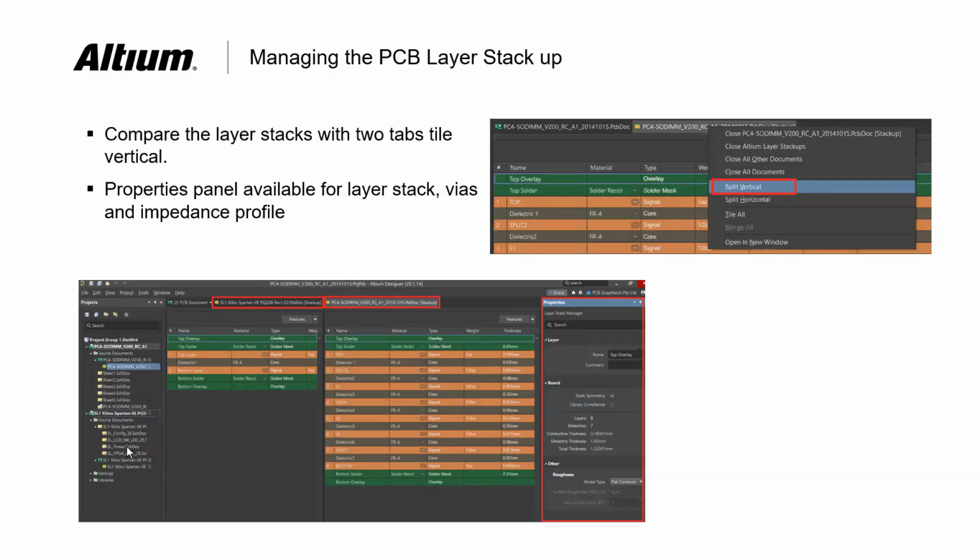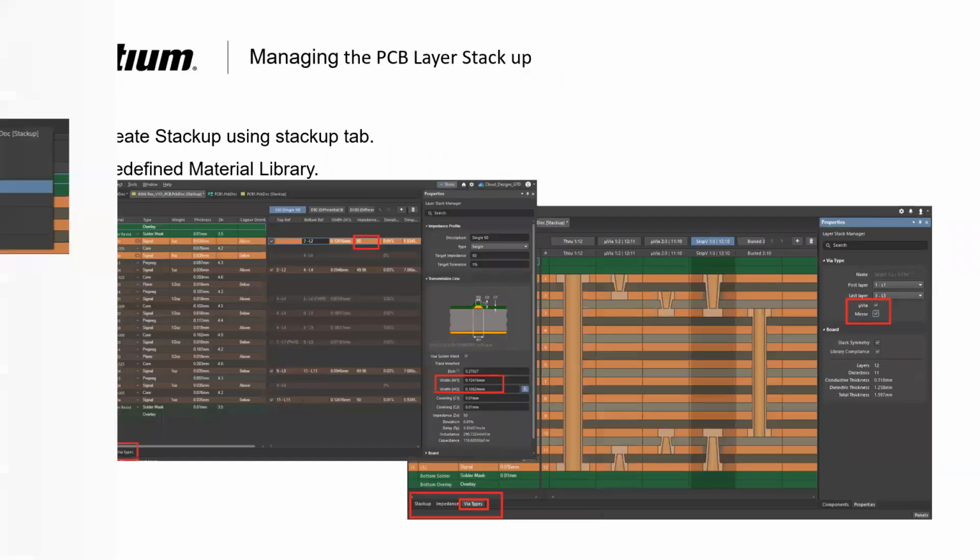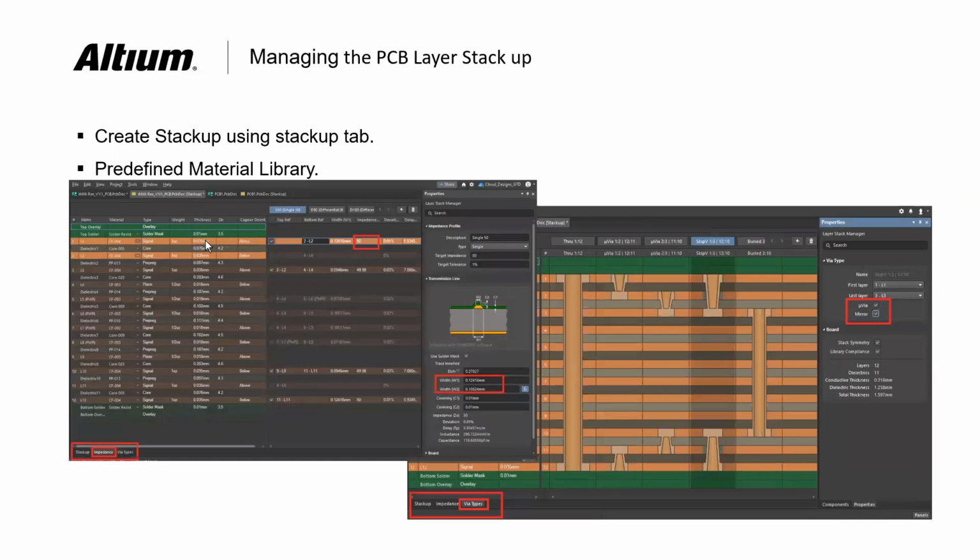Next we are going to see the properties panel for the layer stackup, the vias and the impedance profile. All these we are going to see inside the layer stack manager itself. Let us see how the layer stackup looks. When I open one layer stackup, at the bottom left corner there is a tab containing the layer stackup, impedance and the via types.